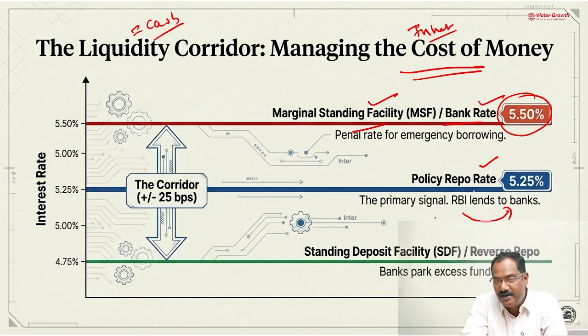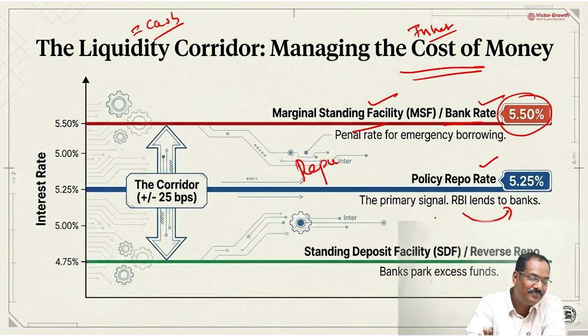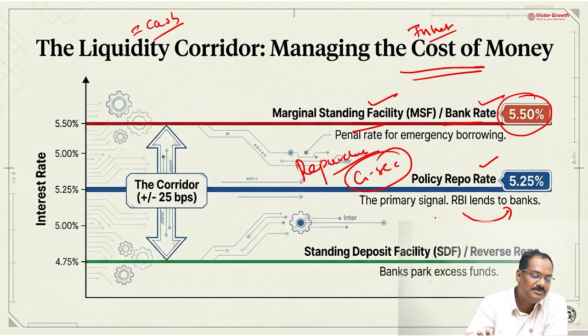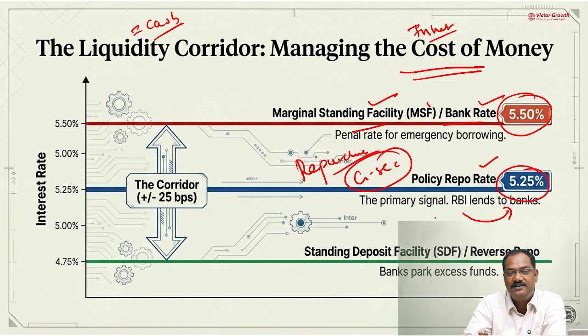Please write down. Repo rate, basically repo means repurchase. So what are they repurchasing? Government securities they are repurchasing. Who is purchasing? RBI is purchasing. So RBI will purchase it, and in return they'll give you the cash, because the government securities act as collateral. So repo rate is at 5.25, whereas the marginal standing facility and the bank rate,